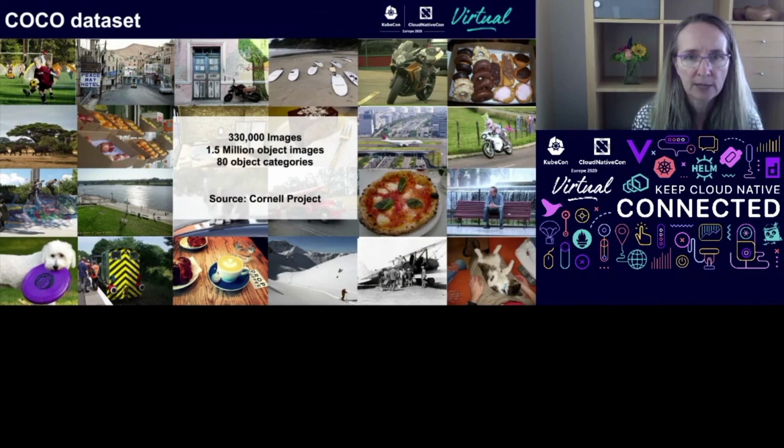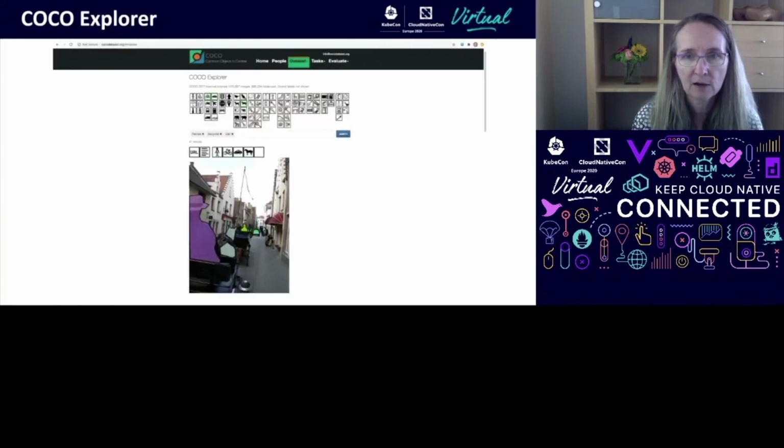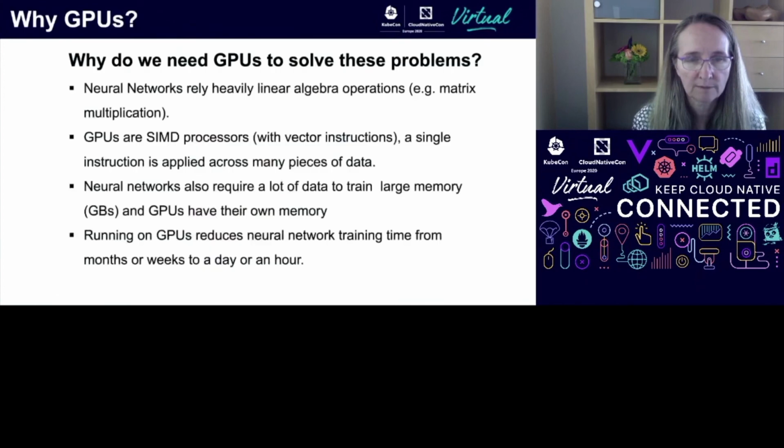And if you'd like to check out the data set online, next slide, please. You can download it, and you can also peruse around the data set and search for things. In this case, you can submit queries on the COCO Explorer where you want to see all the scenes with horses and bicycles and cars, all the images, or whatever combination of the objects it recognizes. You can choose them here and just check the data set for if it's got the sort of objects that you are looking to recognize in your images. Next slide, please.